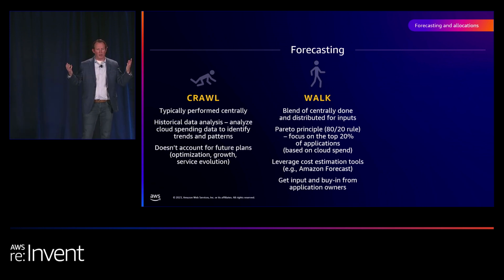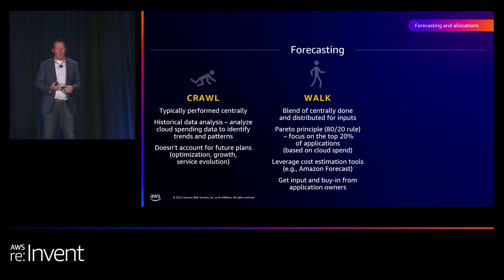What services, and we're at reInvent, there's going to be a bunch of new services. What services are you going to leverage? How do we plan for that? They're great questions to ask. There's also Amazon Forecast that does some machine learning and time series forecasting that exists there. So AWS does have some tooling, but the key difference here is you're starting to get external input about future plans. That's the big difference on this one.